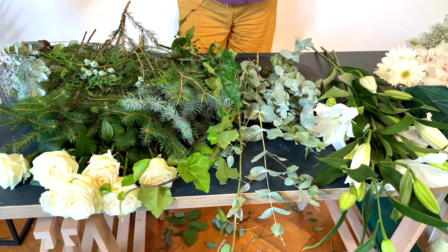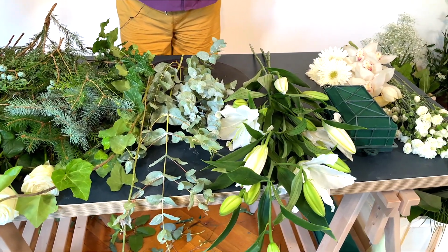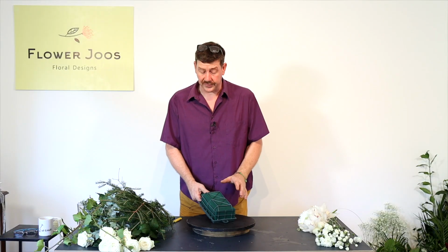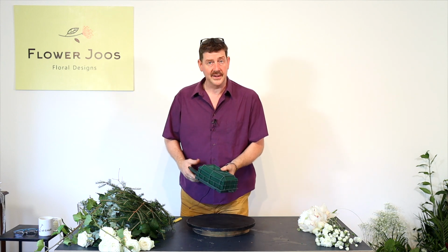So we're going to use some winter foliage and really these beautiful clean white colours, which I think white and green for Christmas is really, really nice. And a spray, you could use this for different things. Now you could use this as a remembrance item, but you could just as equally put this on your door